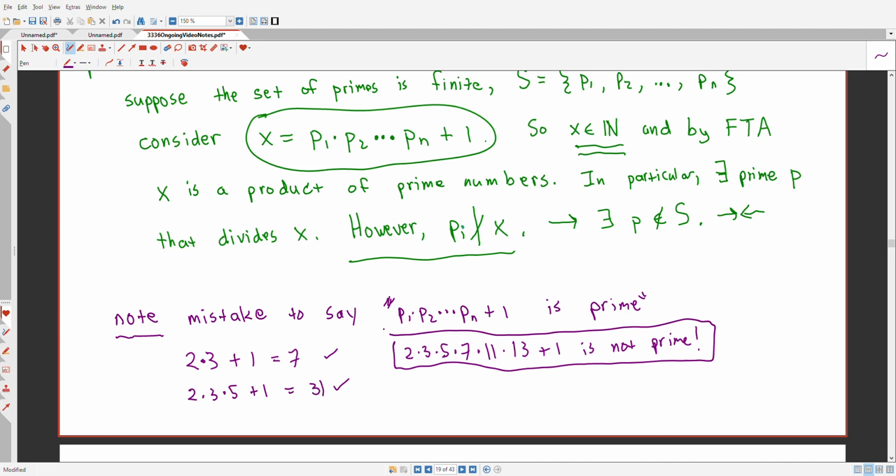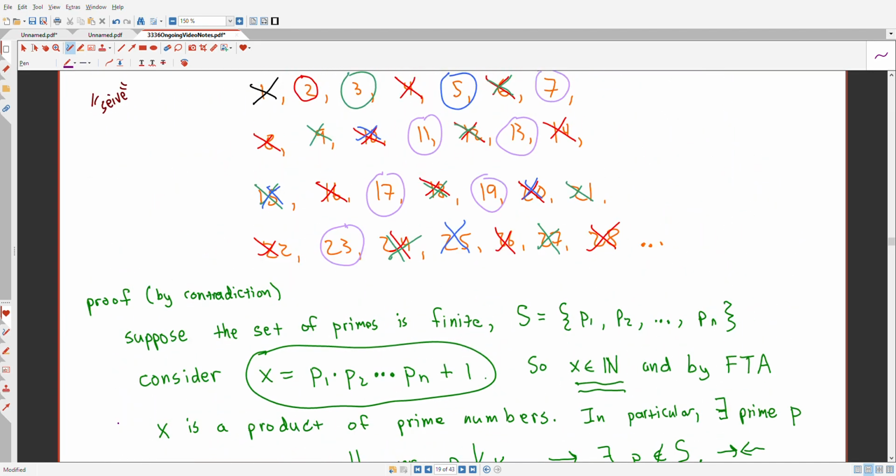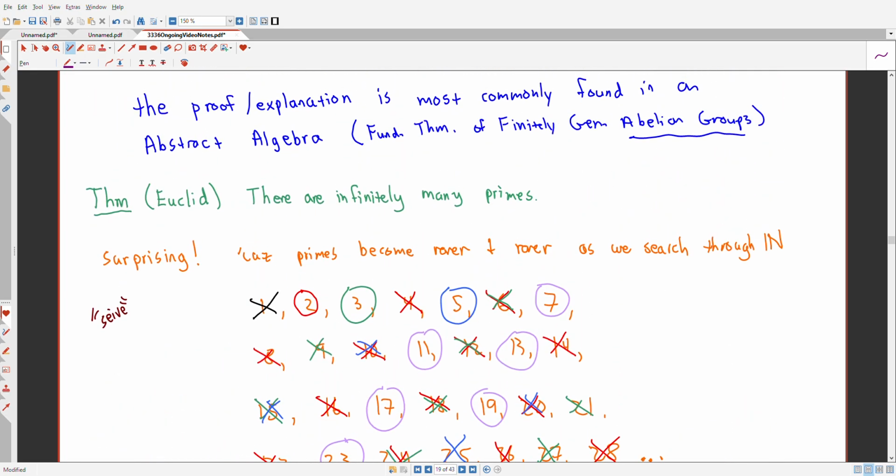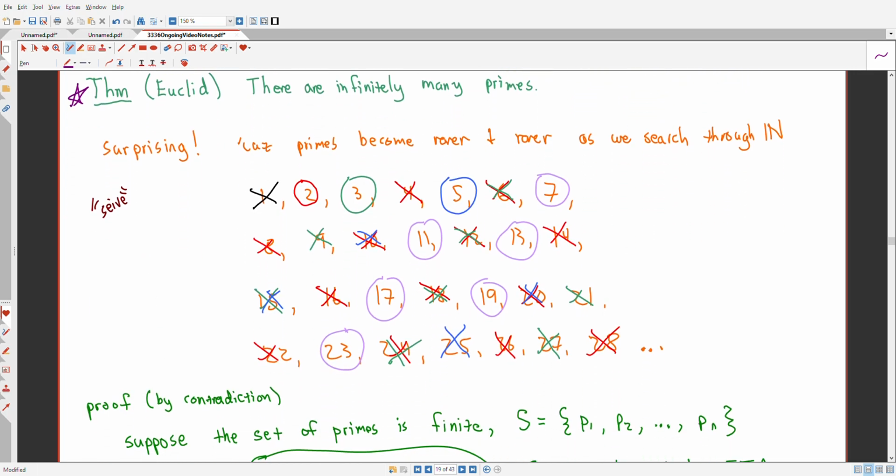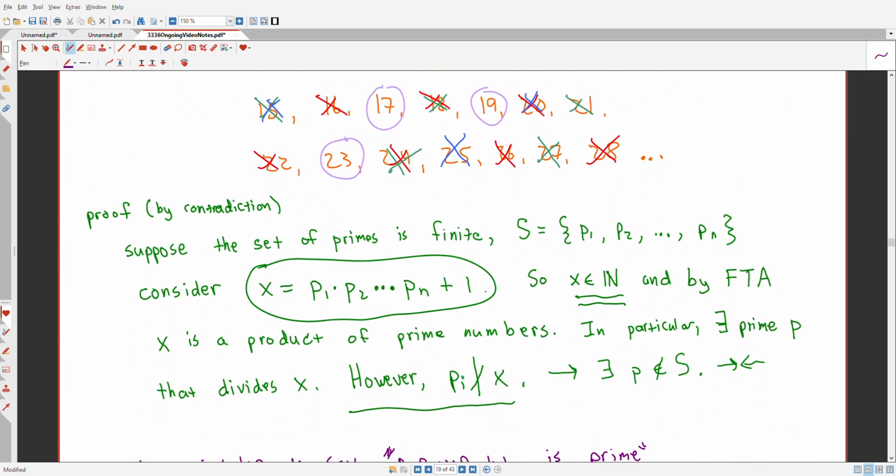Okay, that was a long digression, if you want to view that as a digression. The point of this little discussion was this, Euclid's theorem, that I'm not trying to put a star next to. There are infinitely many prime numbers. That's surprising when you consider how rare they are, and the proof of it is a lovely proof by induction. Okay,